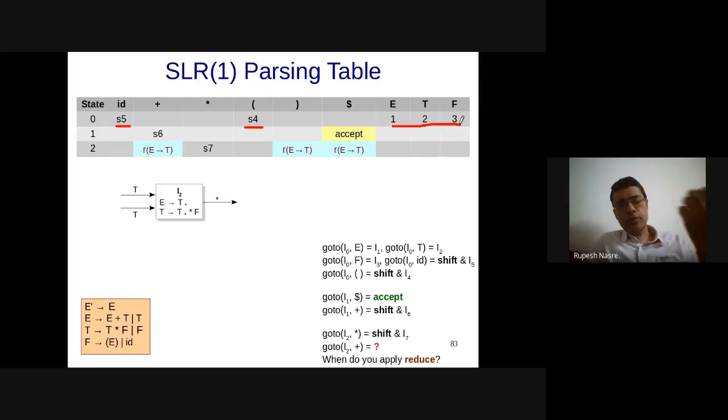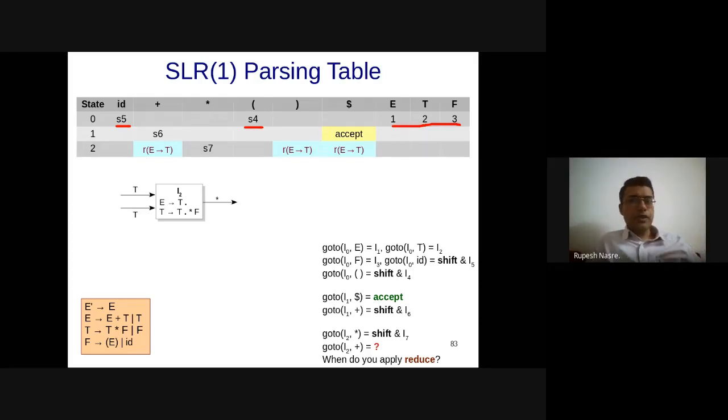The LR0 because we didn't worry about the look ahead, we just looked at the grammar and decided what the automaton should be, what the transitions should be. Based on that, I am going to construct, based on the next look ahead symbol, I am going to decide the LR parsing. So this is called as SLR1 parsing. So that part is okay. As far as I1 was concerned, I1 on plus was shift and S6, shift and 6, and then on dollar it was accept. That also seems to be fine.